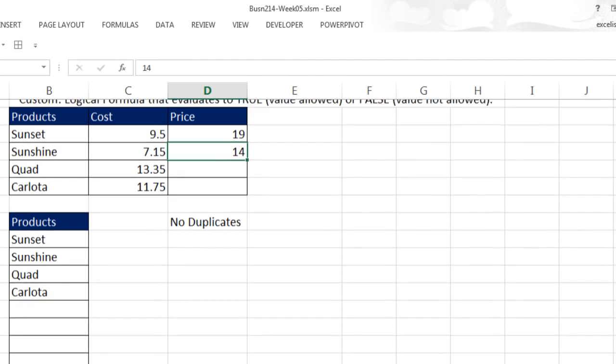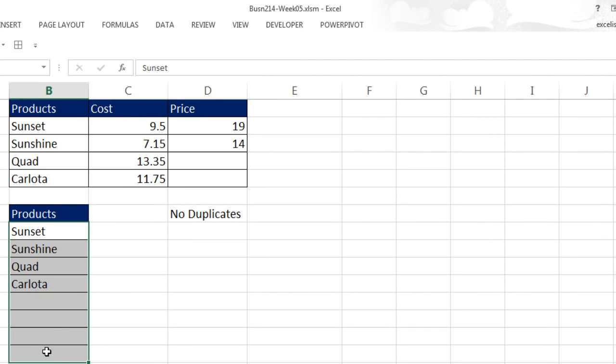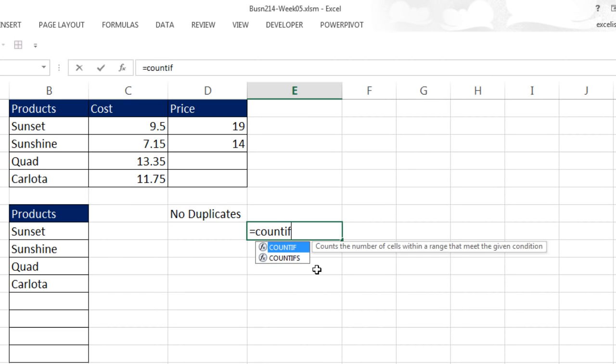One last example. Sometimes you have a column and you're entering values and you don't want any duplicates. Well, let's just see what a formula would look like over here to the side. And once we get it working, we'll come and copy it and paste it into the dialog box. How about COUNTIF? And COUNTIF usually has a range. Now I'm going to do something silly. How about